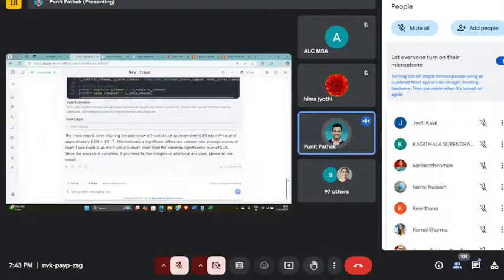And after that, it has found something missing. It has tried to correct it. And this is the output it comes out with. The t-test results after cleaning the data show